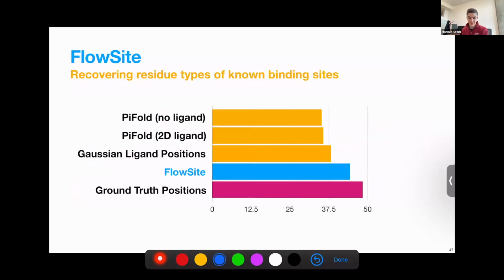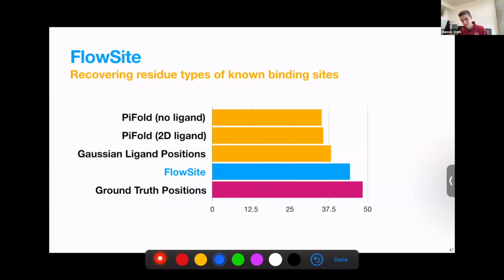And with that, we can compare our ability to recover the residue types of some known binding sites. And we see that if we, for example, have a model that takes the ground truth ligand positions as input, then this helps quite a bit compared to a model that only takes the 2D ligand identities or no information about the ligand as input and only can reason about the structure of the protein and basically does inverse folding. And with FlowSite, where we jointly generate the structure and the residue types, we nicely fall in between this uninformed no ligand or 2D ligand approach and something that has some oracle method that has access to the